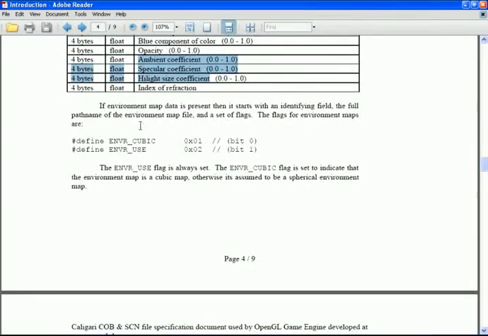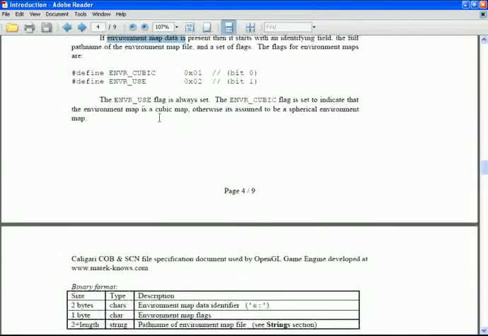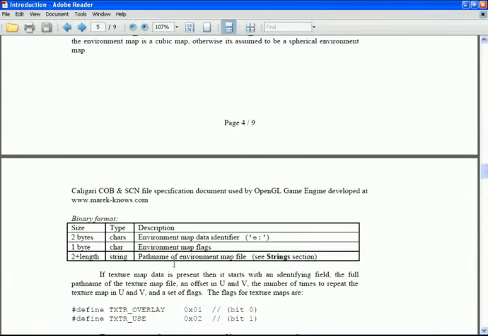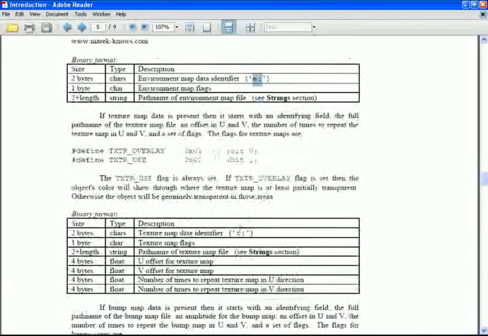Then we have the optional parameters here. We have the environmental map data, which is structured like so. And if you find this parameter here, E:, then you know that this data chunk exists, so you do have to parse it. If you don't find E:, then we can skip over it and search for the next guy, which is the